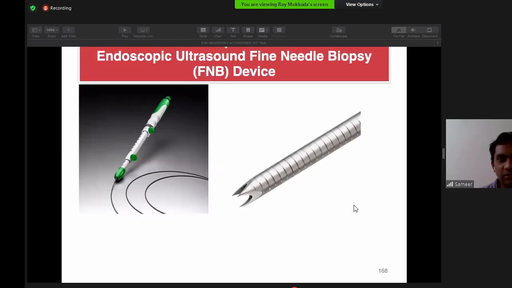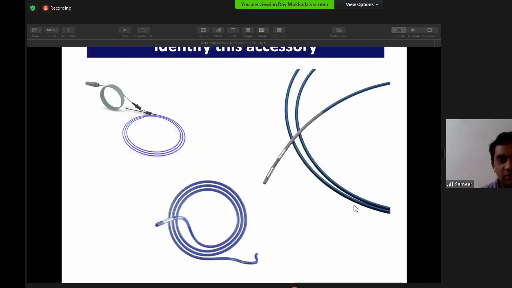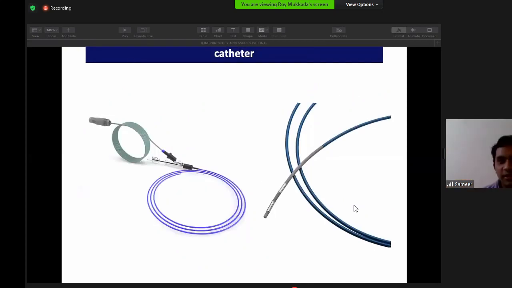That's right. Okay. So again, can you identify this accessory? I've already described this just now. RFA probes. Yes, this is a biliary RFA probe. So what is the advantage of biliary RFA, where is it used? Sir, mainly for advanced hilar and intraductal cholangiocarcinomas.